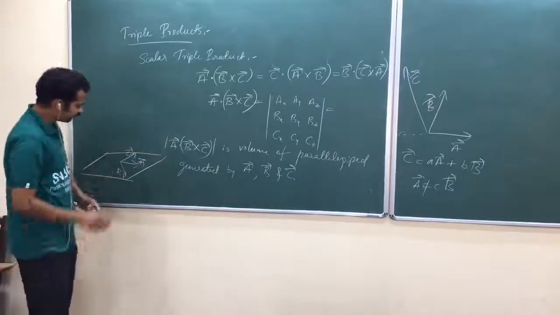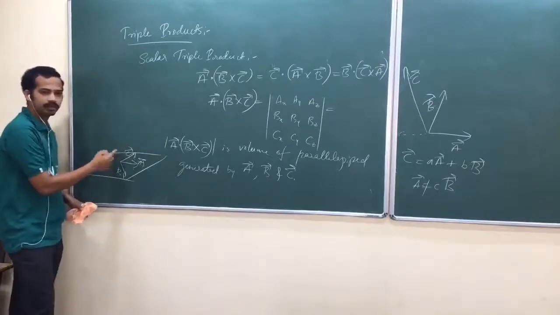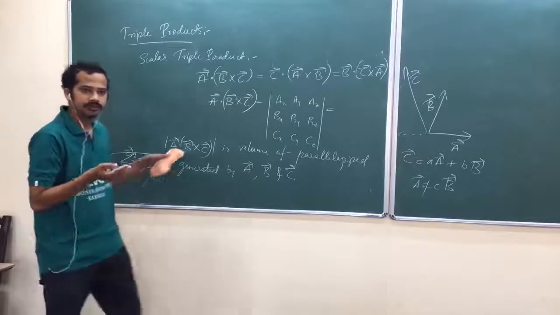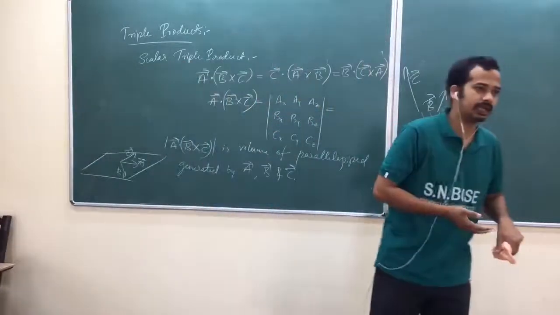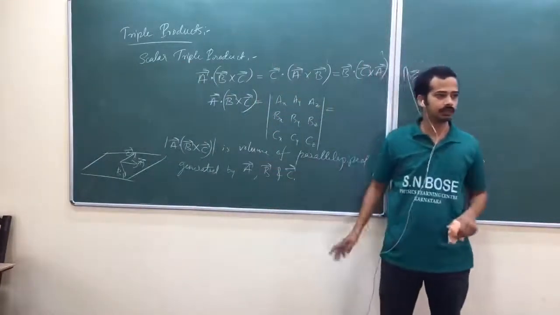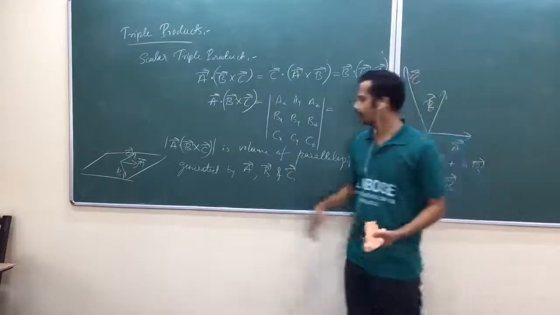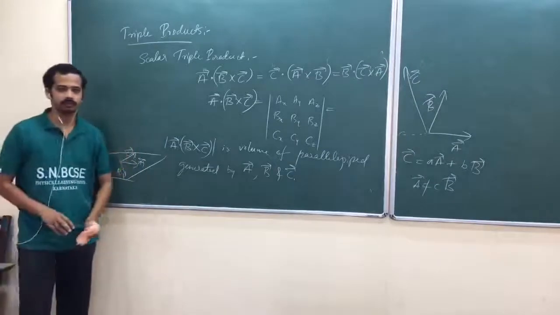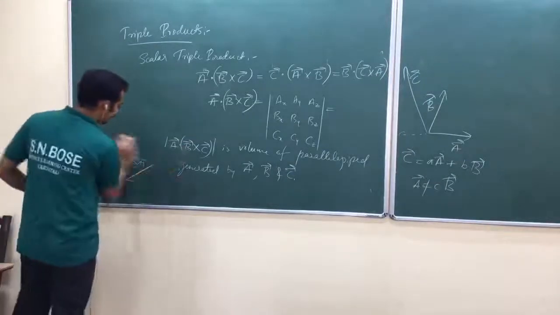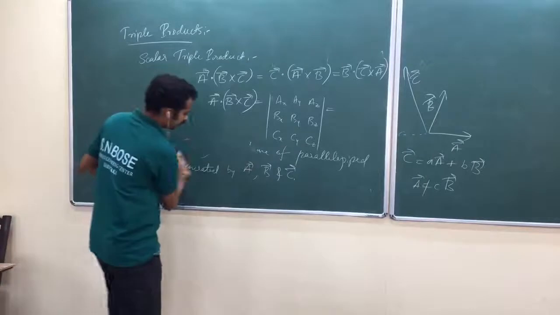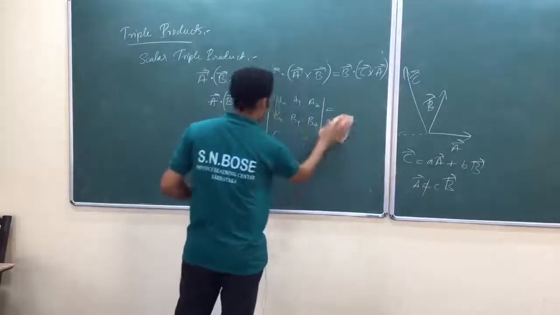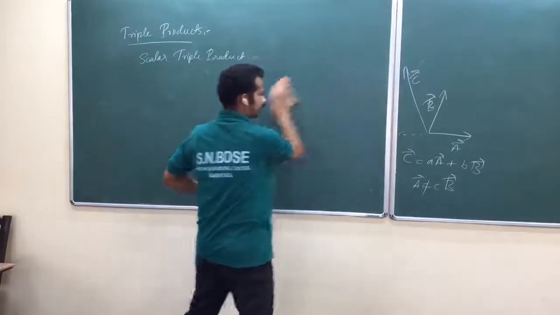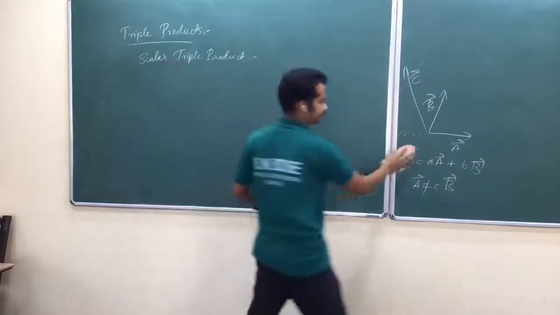Now look here. B and C also construct one plane. Am I right? You can construct a plane containing B and C. Now, if you linearly combine B and C, you will get a vector in that plane. You will never get vector A. Whenever they form a parallelepiped, whenever they are not coplanar, they are linearly independent. Again, I am going to use a similar concept in crystallography: we can span the space using linearly independent vectors.